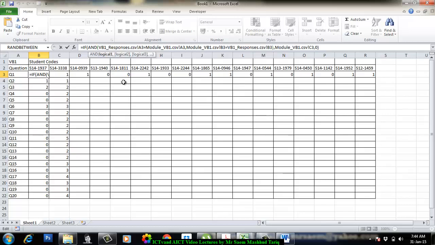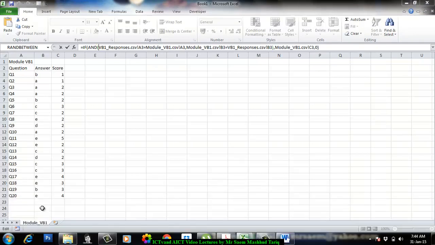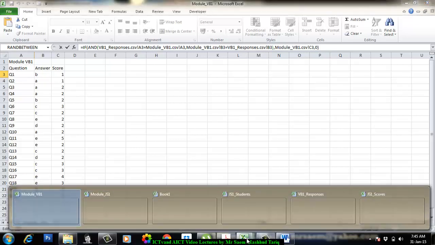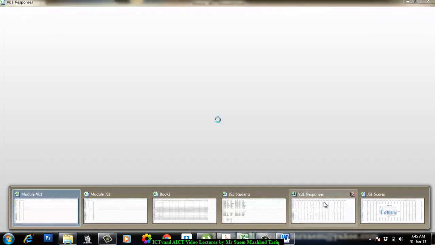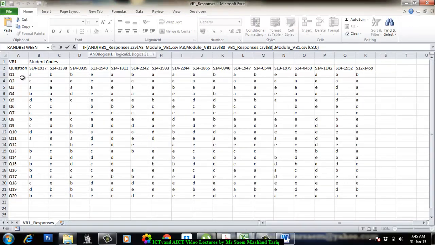Let's look at the first comparison. The first comparison says that if VB1 responses.csv A3, is this not the one? Yes. So this A3, question 1. If question 1 of this file, the answer, the marking scheme is question 1. If the data in this cell is equal to the data in this cell, this one, fine. What I mean to say is if it's question 1 in the marking scheme and it's question 1 in the response